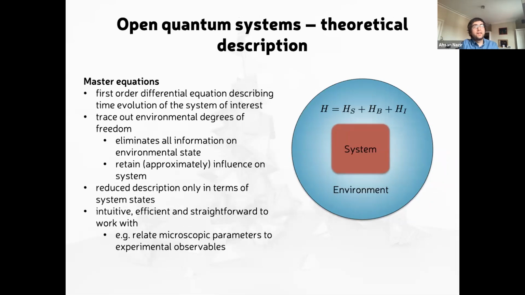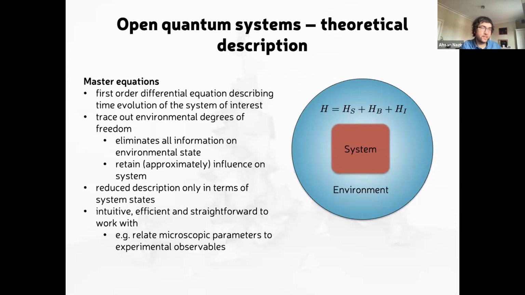Okay, so I deal with open quantum systems in terms of master equation approaches generally. So I thought I should very briefly set the context by talking about master equations. So we imagine we have some system and it's coupled to its environment, as you can see on the right-hand side. So the Hamiltonian contains terms that relate to the system itself, to the environment, and to their mutual interactions.